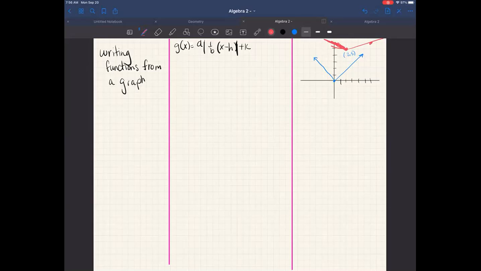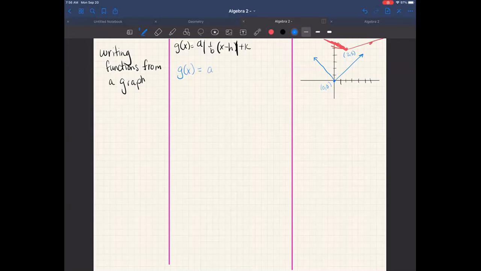So from 0, 0 to 2, 5, how do I move? 2 to the right and 5 up. So that means my new one, g of x, is going to be equal to,